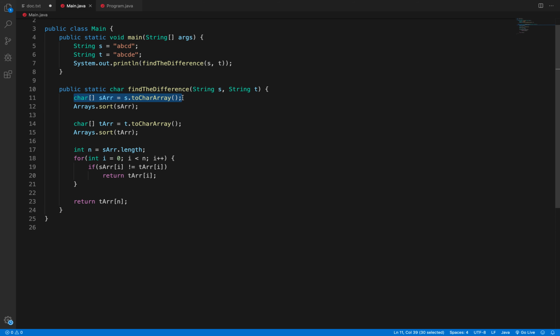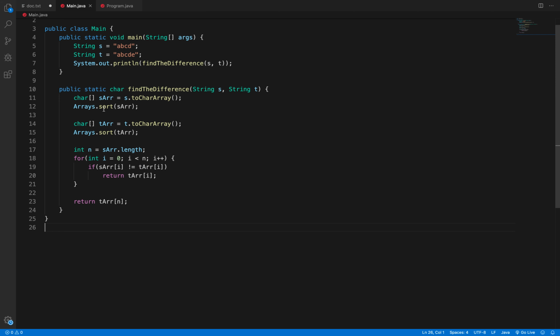So we convert S to a character array and sort it. Similarly we convert T to a character array and sort it, and then we iterate over the items one by one, and here we are comparing. If there is a mismatch, we'll return that character. If we reach the end, that means there is no mismatch, so in that case we'll return the last character.